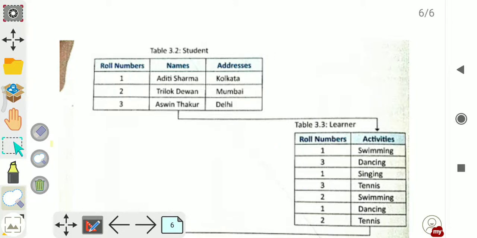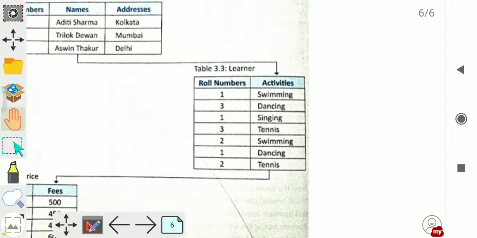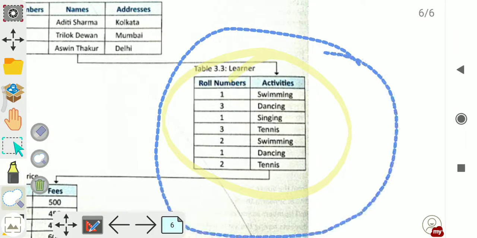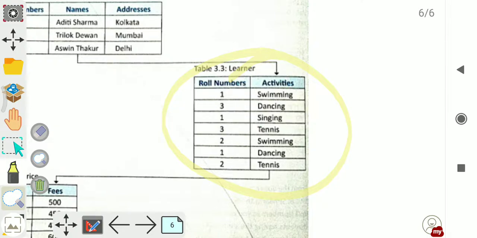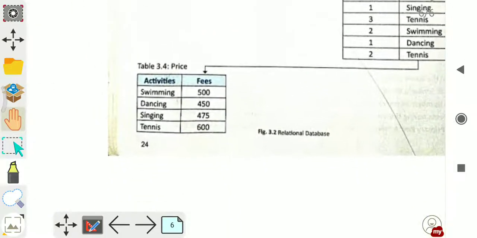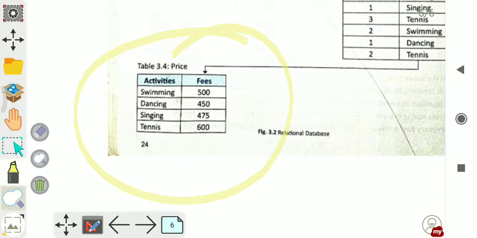While here the learner table shows which roll number, meaning which student, learns which activity. And here in the third table, the price of each activity has been written, right?